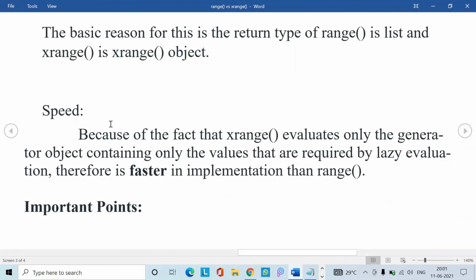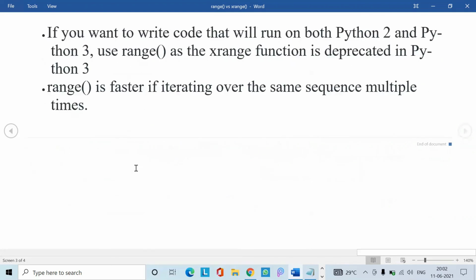As you have seen, the range function allowed us to access the values, but the xrange function has not allowed slicing the list. So in order to compare accessing values, we are comparing the speed. And one of the important points is the range function is faster, as already discussed.